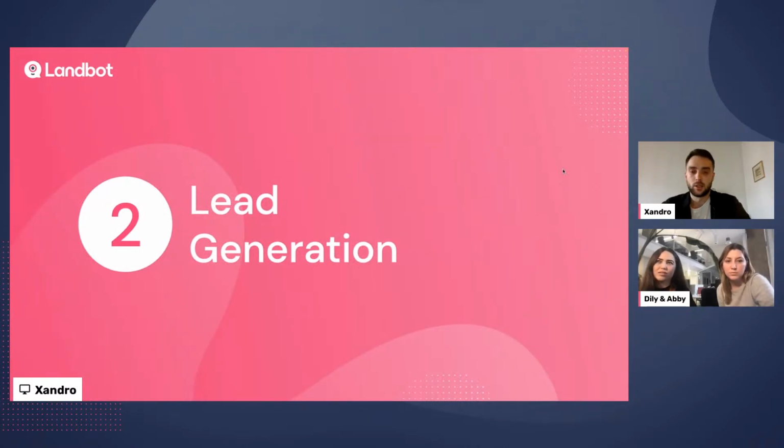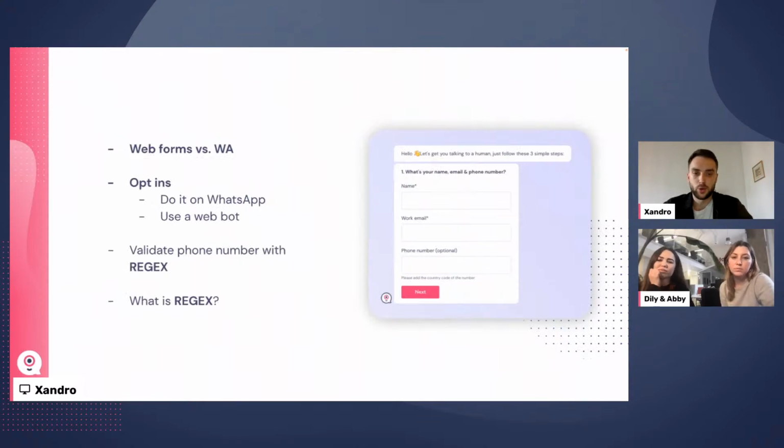So similar to what we talked about in the customer support use case, a very typical way to ask for a user's information is through a web form or a bot. It can be as simple as a message saying, would you like to know more about our products? Leave us your information and we'll send you a PDF with our products list and prices, or a sales rep will get in touch with you by email or phone shortly.